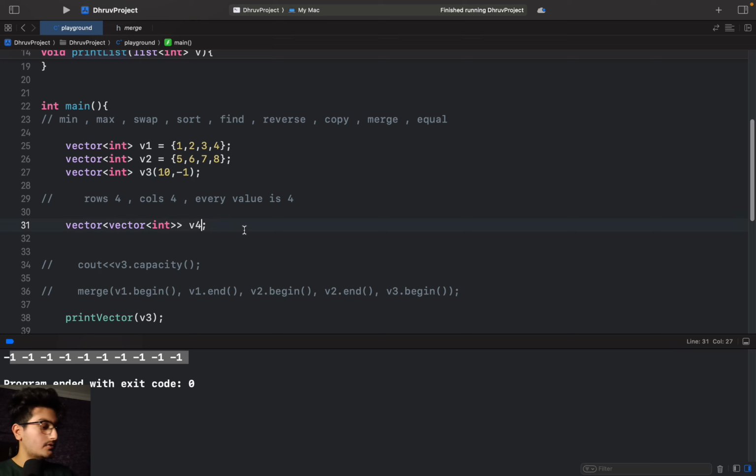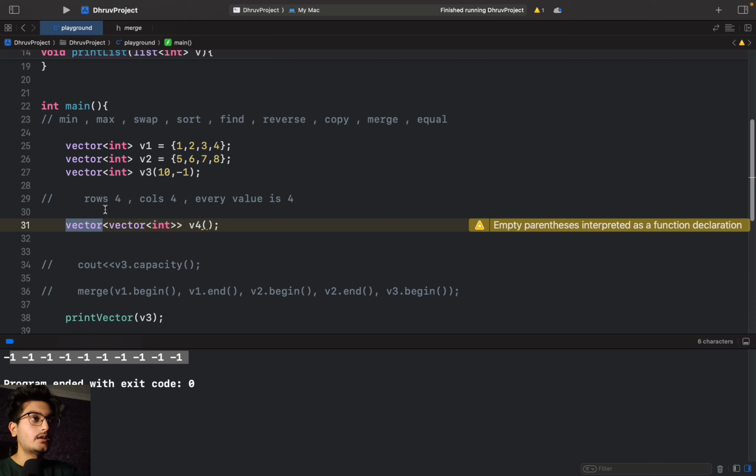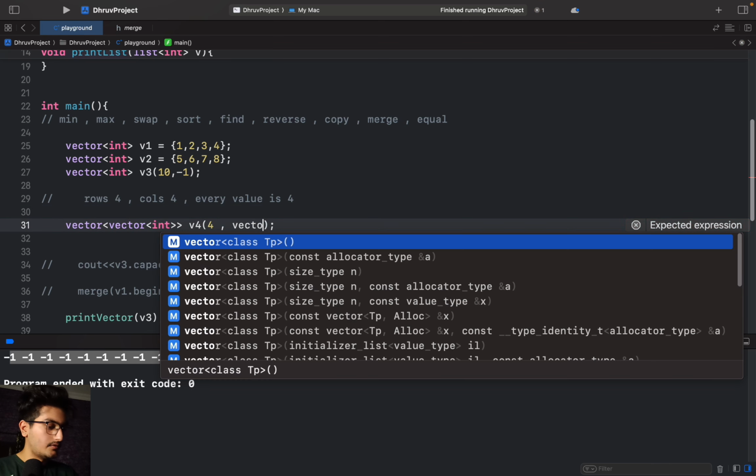So that's what I am going to do here. Here I will determine the size of the vector. Now we are talking about the outer vector and we want the 2D array of rows 4. So the size of the outer vector is 4, right? And now we have to give the default value, and this vector will have the default value as vector, and the vector here will have the default value as 4. Let me just repeat myself. This vector is of size 4. That is, the total rows are 4. And what this vector has default as another vector. So I will do vector int,